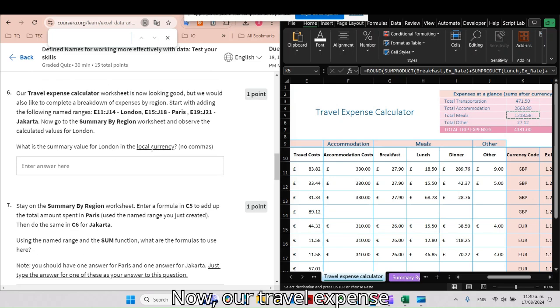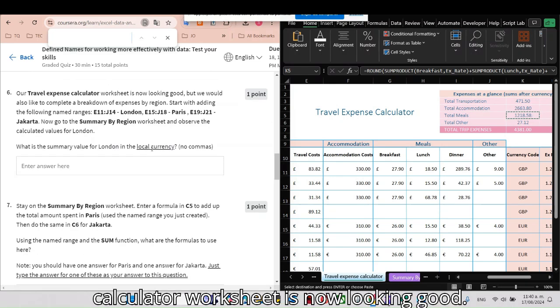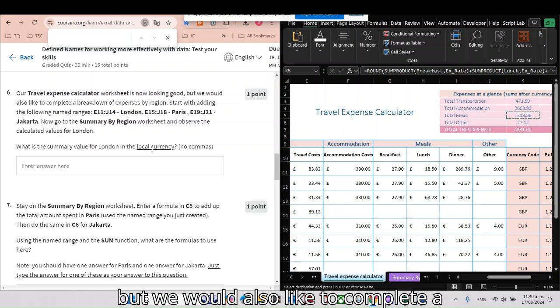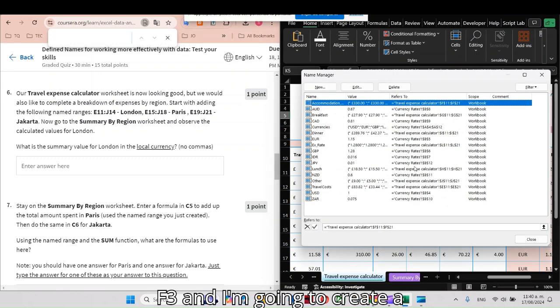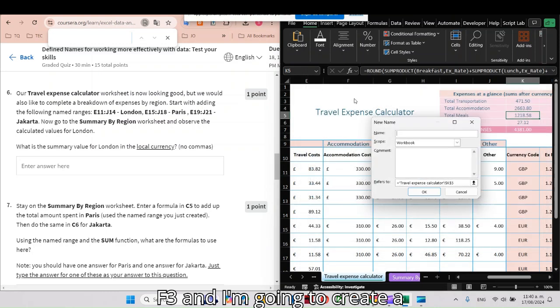Now, our travel expense calculator worksheet is looking good, but we would also like to complete a breakdown of expense by region. Start by adding the following named ranges. I'm going to open my name manager again, Ctrl F3, and create a new one.